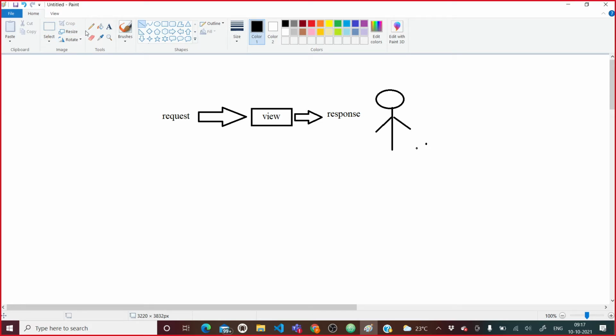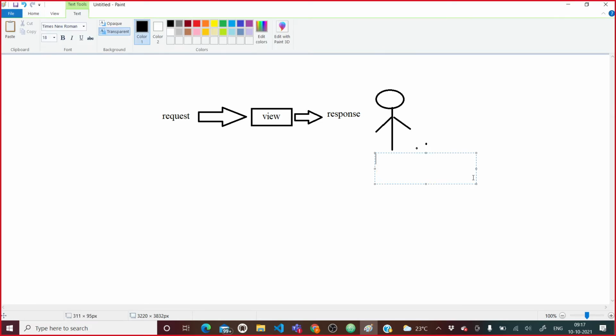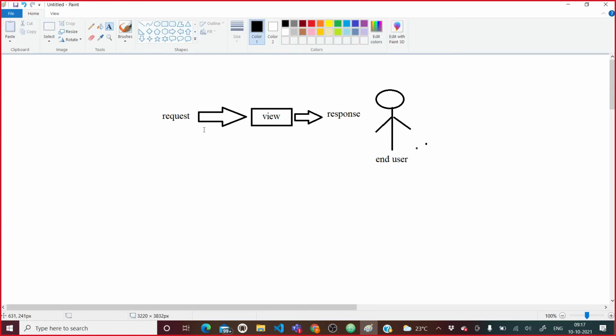It will collect the request of the end user and provide the response to the end user. So this is what a particular view is responsible for.